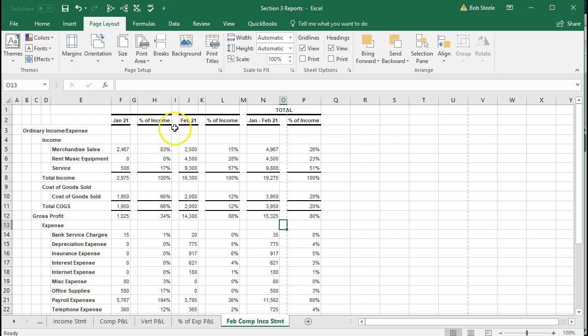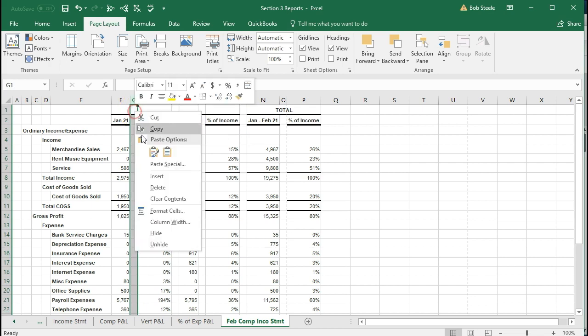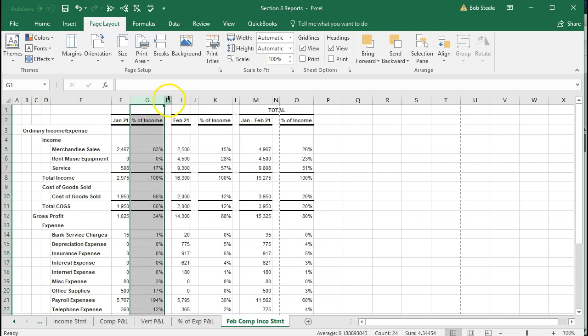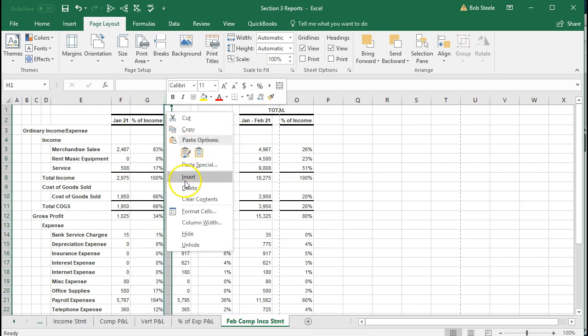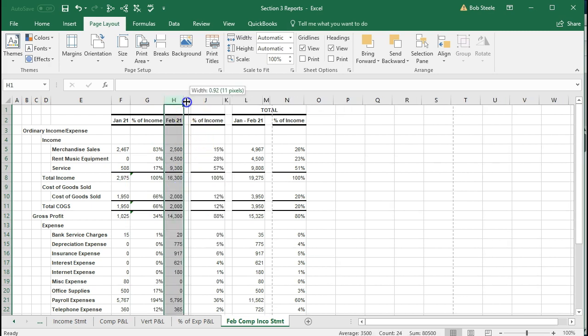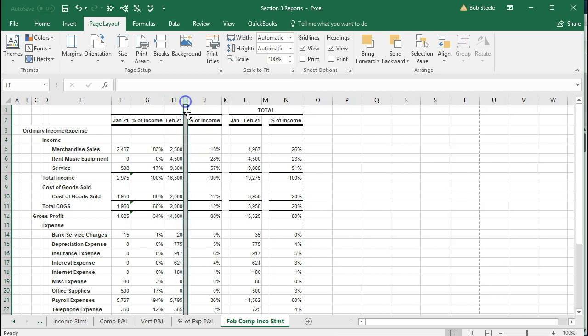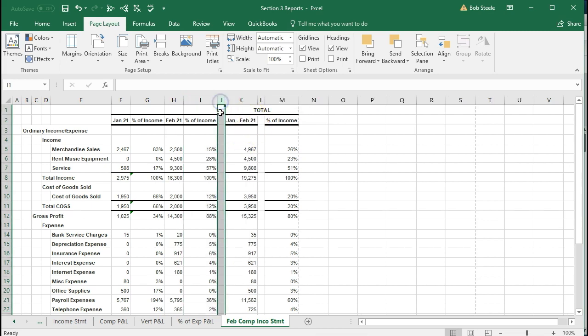For example, we might just try to get rid of these columns in the middle that have no data altogether, by highlighting the whole column and deleting them, and see if we can keep it all portrait. Or we could make these pretty small, right? We could have tried that, but I'm deleting them. I've already started here, so I'm going to finish that. And it looks like if we delete all those,